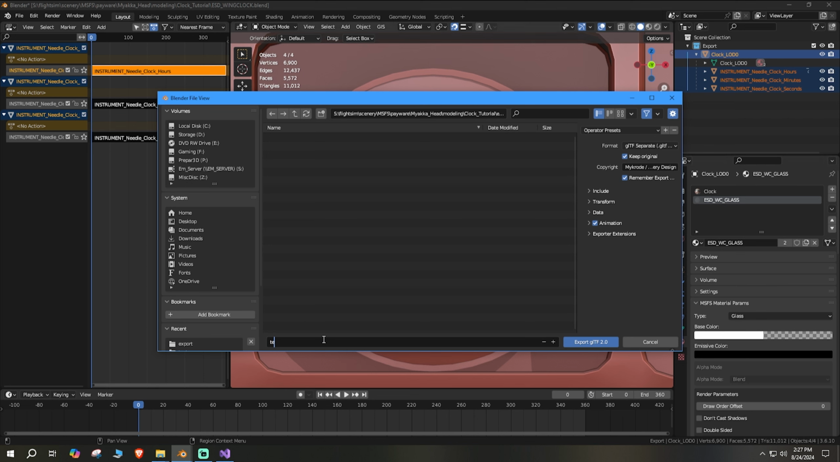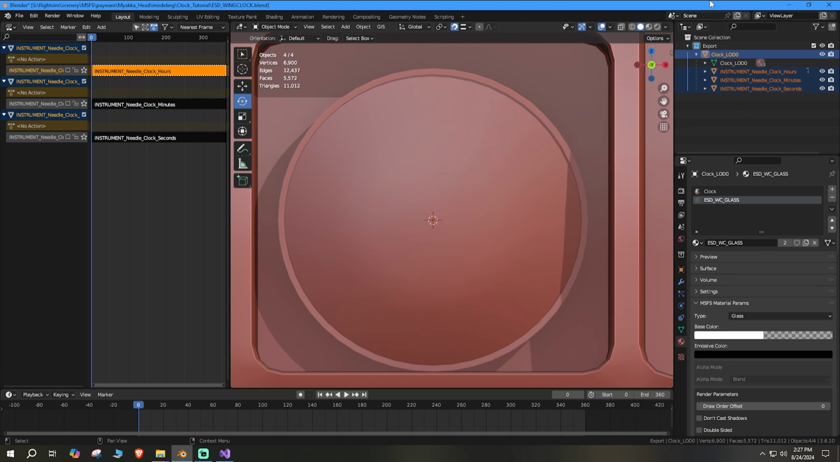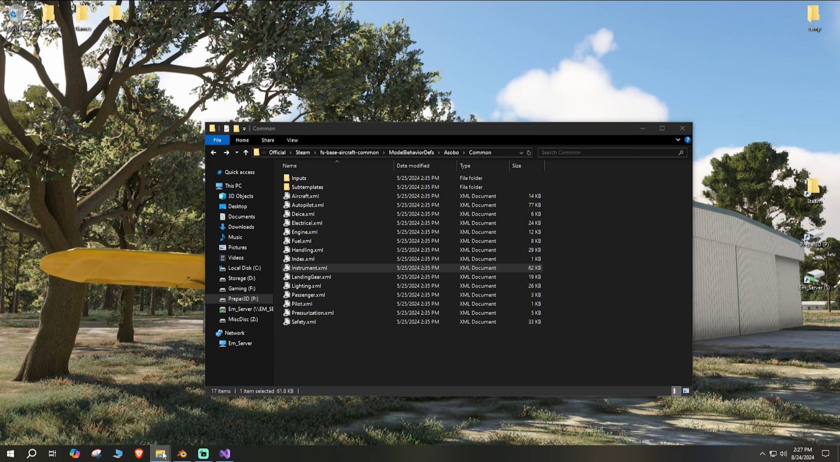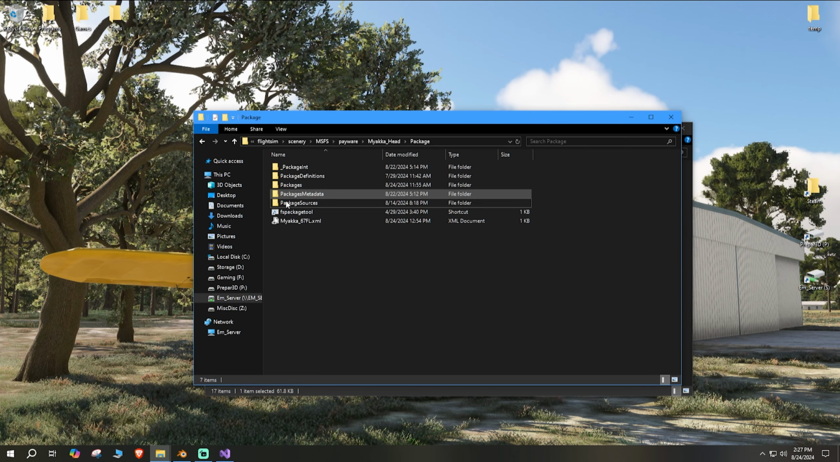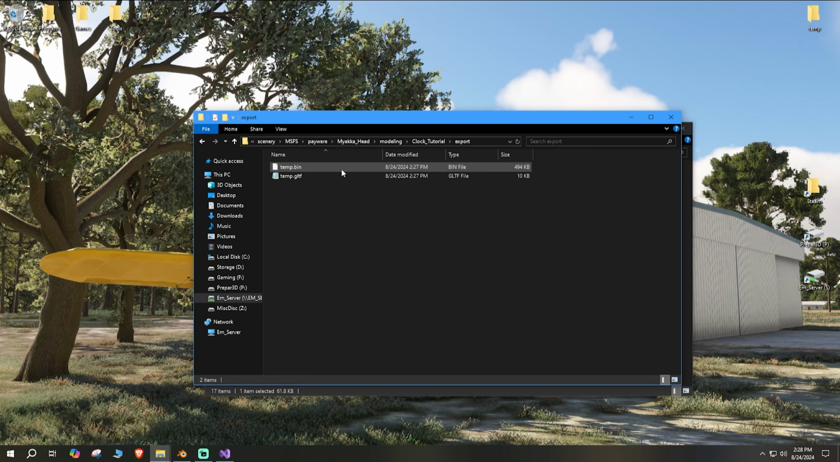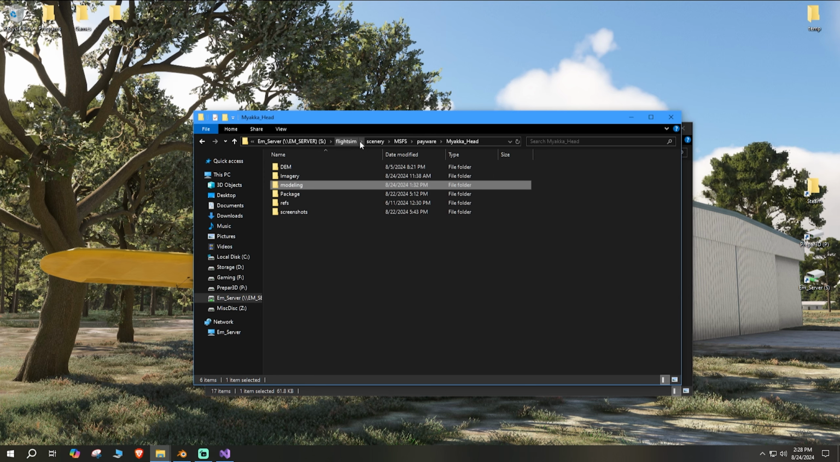I'll just name this temp because I'm not actually going to use it. And we'll just export GLTF. And we can see now that if I go over to my project folder, modeling, clock tutorial, export, we can see it here, temp. And all we're going to do is copy this GLTF file over to our SimObject folder,